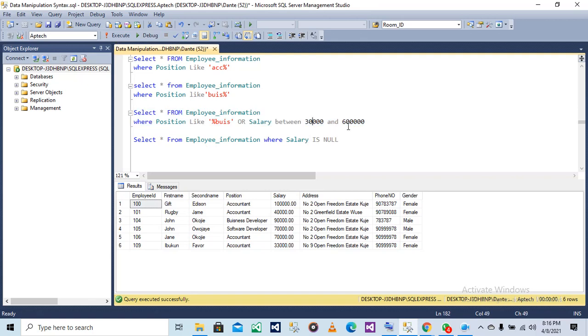So you can see we have this employee that starts with business, and the ones that have salary between 30,000 and 60,000.